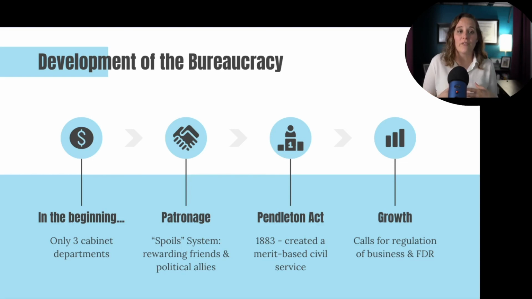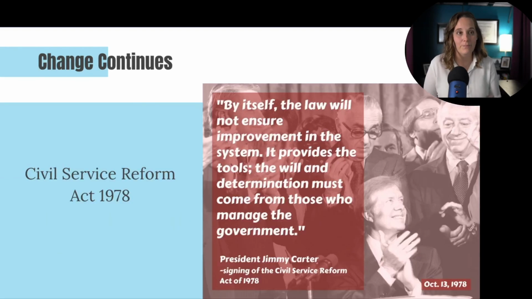After World War II, the number of federal employees decreased, but to this day, the civilian side of the bureaucracy remains at around 2.8 million people, while the military, which is also a part of the executive branch, remains around 4.2 million people. The bureaucracy continues to change with each presidential administration. In fact, Jimmy Carter passed the Civil Service Reform Bill of 1978, the goal of which was to include more women and minorities in government. This also created the Office of Personnel Management, or OPM, which manages the merit-based hiring system.